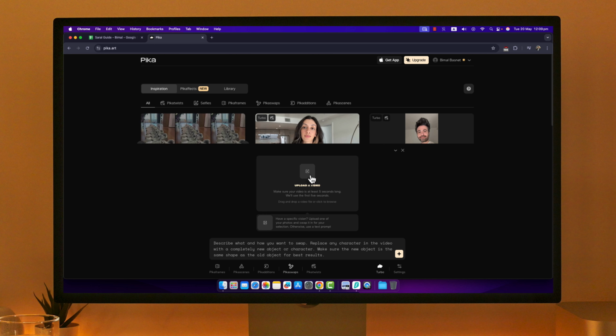You can choose to upload a video that is at least 5 seconds long, and they'll use the first 5 seconds to basically convert that video into something else. And here you can describe in the text prompt how and what you want to swap. Replace any character in the video with a completely new object or character, and you must make sure that the new object is the same shape as the old object for best results, by the way. So when you've done that, you can simply go ahead and click the create button